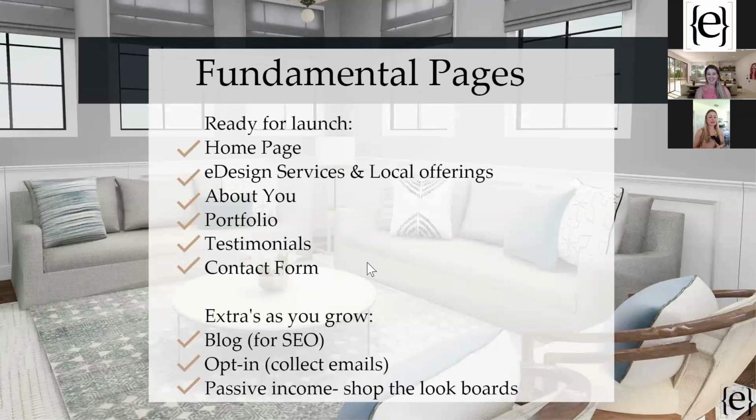And then they get on my website, then they get on my email list. That's typically through my opt-in, which for me is a style quiz, but maybe you have a downloadable checklist of what you do when you are doing a remodel or something, if that's your thing. Whatever it is, it has to give value to the end user, to the consumer,